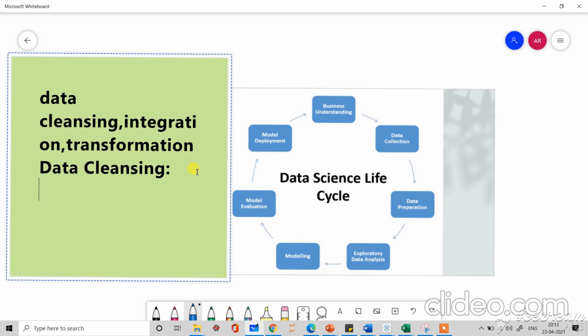Next, you have to check for duplicates in the data, and they have to be removed. The most important thing is you have to check for missing values and handle them. There are various methods for handling missing values. One such method is dropping the missing values. There is a disadvantage when you go for dropping. For example, if there is a missing value for the feature blood pressure in row 5, while dropping that row, you will be losing all the information with respect to all the other features, right? So when you drop missing values, there will definitely be information loss.